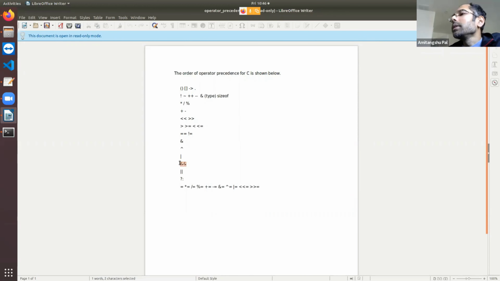Logical and means it is going to either return true or false. It will follow the Boolean logic, the truth table. So it is going to return true or false, where true means one and false means zero. So let's take some examples of logical and, logical or.